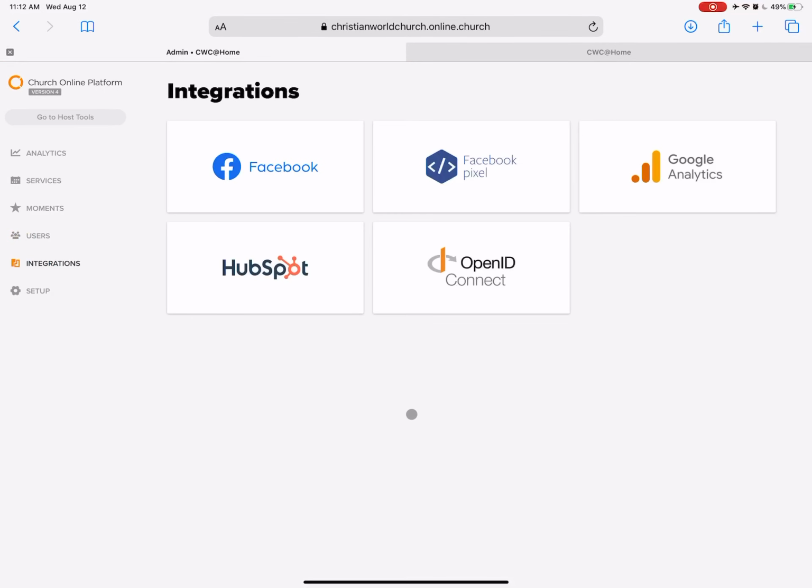Now, integrations. This is something that's brand new. Debbie, you already know more about this than I do. Obviously, Google Analytics allows us to dive in and get some more specificity, some more data, some more information. It will probably allow us to know where people are actually watching church online from. That's something that the current CO platform analytics doesn't allow. I won't dive deep into this because I'm not going to act like I know how this even works. This is one other way that we want to explore, what all can be done here, what makes the most sense.